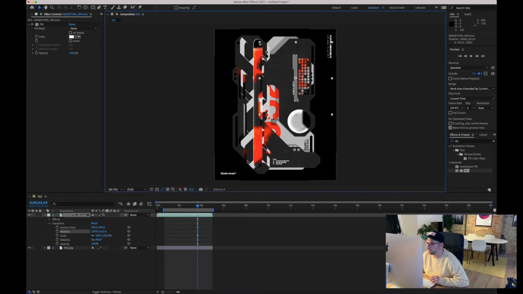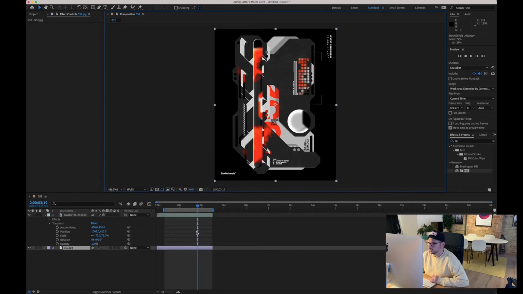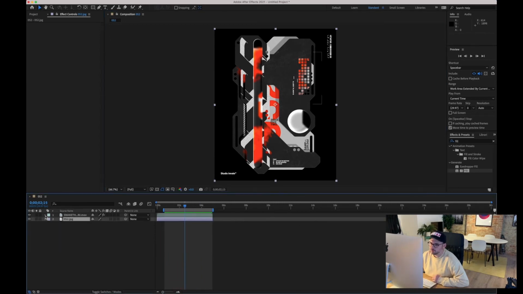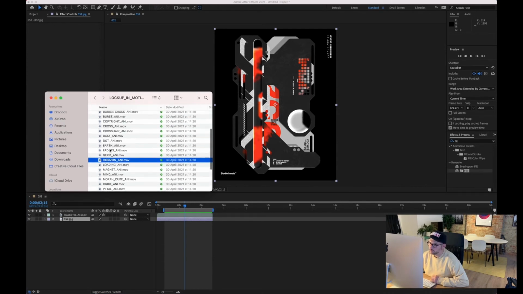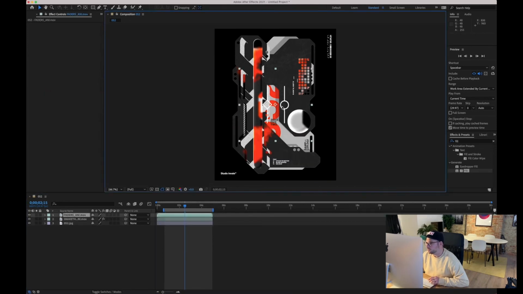So I could just put it over here and then grab the corners, hold shift so it doesn't all distort in size, and then just resize that accordingly. And then hit play with the space bar again, and then I can get an idea of how that's looking. So you can literally then just go through and add as many of these in as you like. So they're quite fun to work with. It's a little bit addictive, so apologies for the amount of time it may consume of yours, but it's all part of the fun. Okay, so once you've sprinkled these little bad boys around and you're happy with your composition,